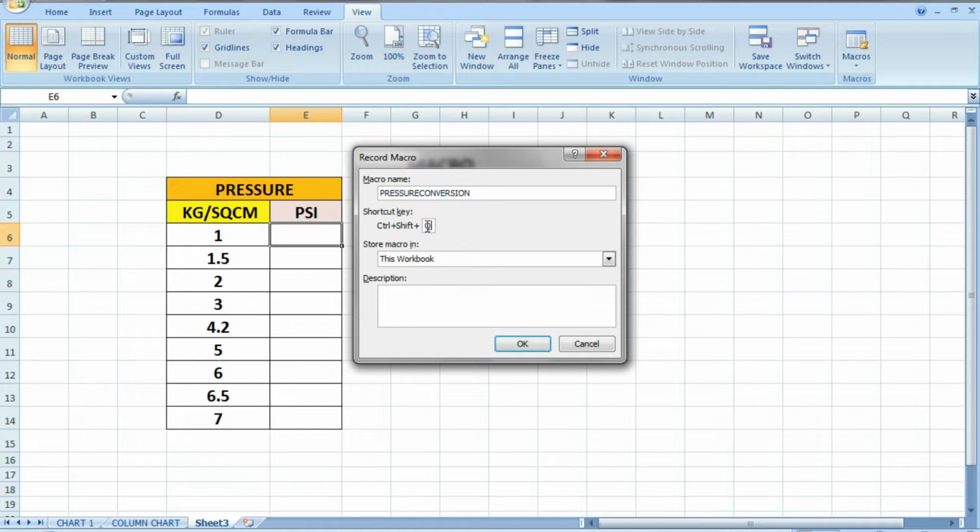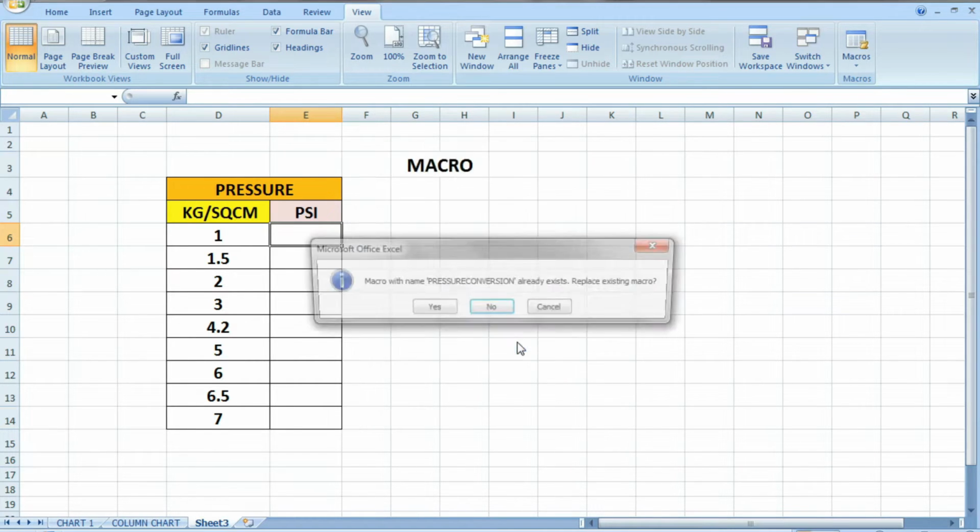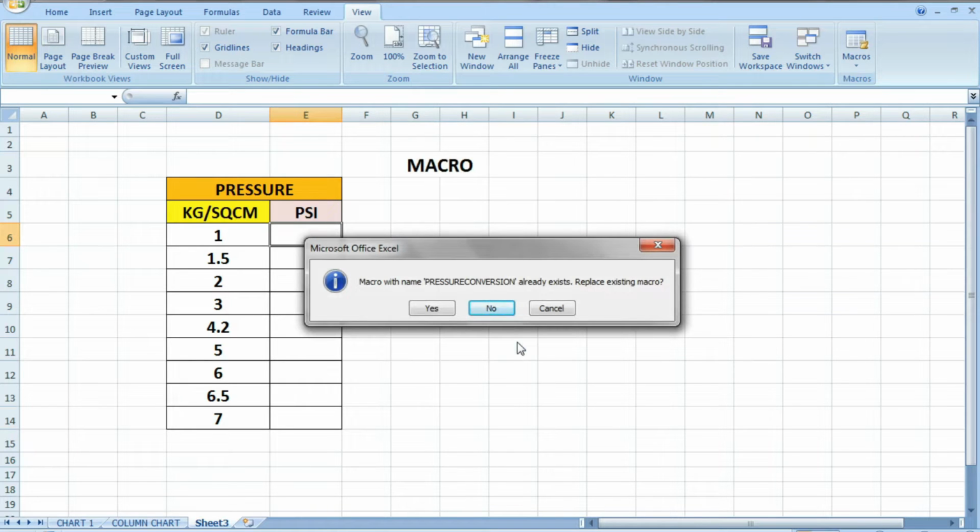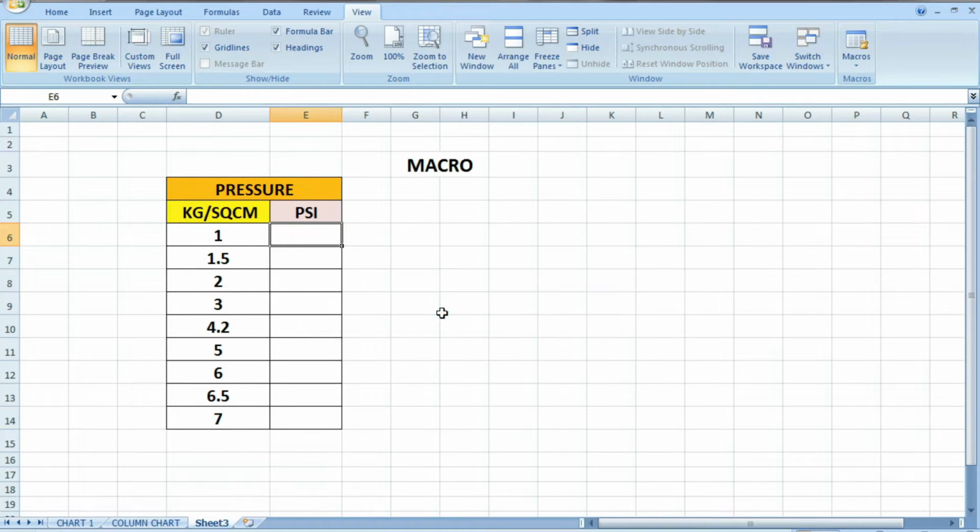Say Ctrl+Shift+Q. Okay, now it has started recording.